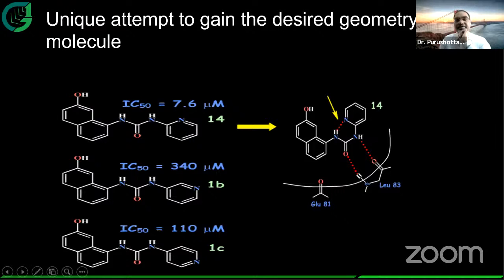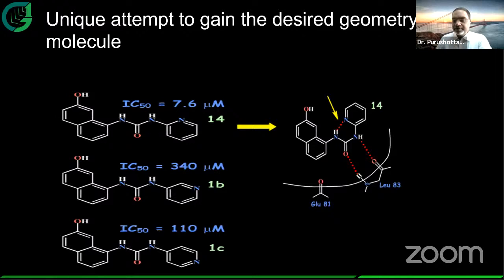And as a chemist, you must be aware that when the hydrogen is involved in internal hydrogen bonding and forms a six membered ring, that hydrogen bonding is very strong